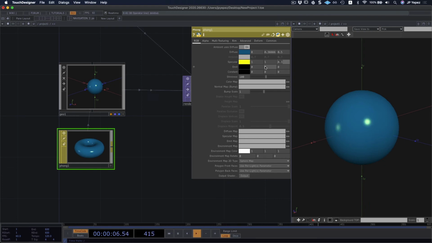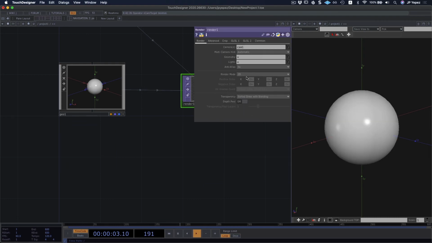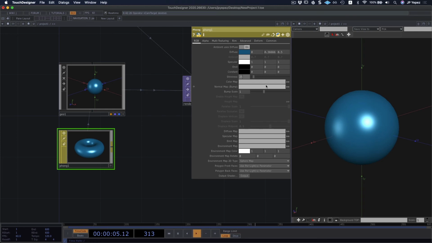We can make this really bright, and you can see that I have this really bright spot. We can also tweak the shininess if I don't want it to be too pronounced, or if I want it to be just an absolutely reflective material, which maybe I don't want to go too crazy with that. 25 is good.